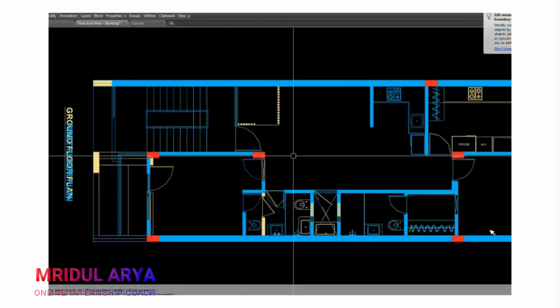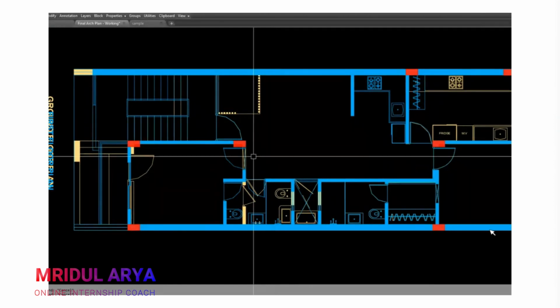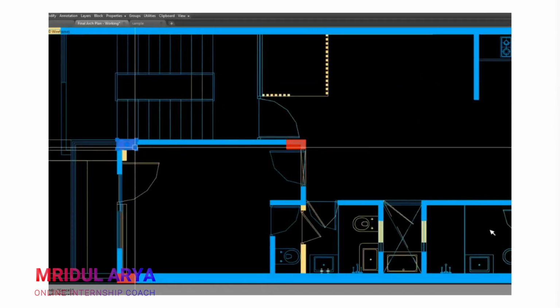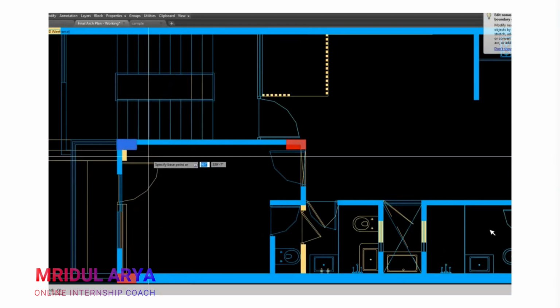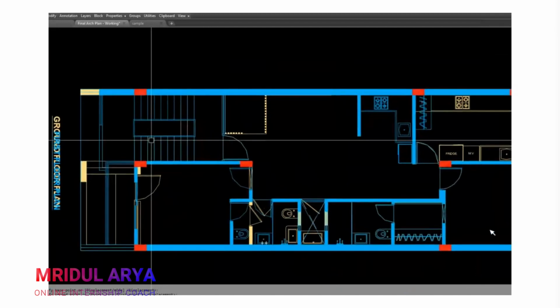Next location will be this. After that, another location of my column will be at this location.